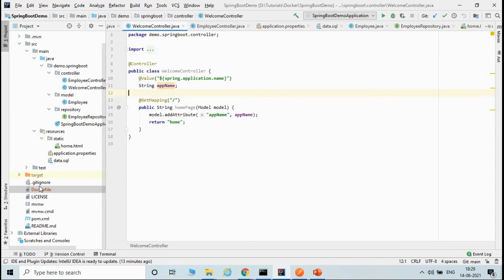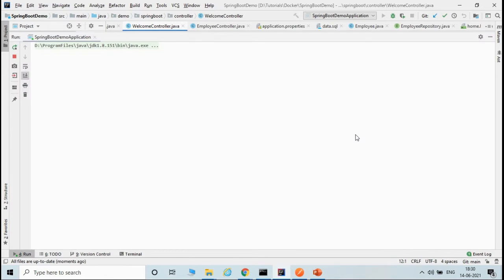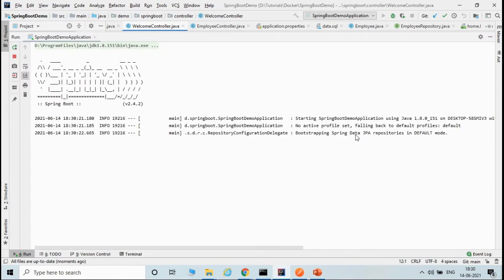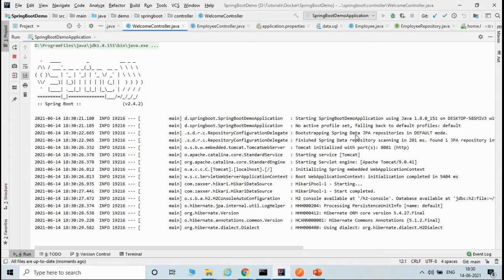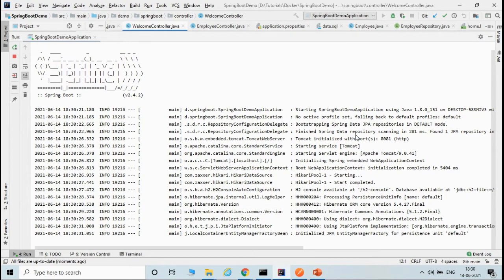So this is the hierarchy of the Spring Boot application. What I want to show you is it is very easy to run from here in the IDE. You can just launch this application using the Spring Boot demo application class. Let's just run it. Right now I'm running from the IDE. I'm not running in Docker because first of all, you will see the difference, how we can run in the local IDE. It's very easy. But how we can run in Docker, I'll show you after this.